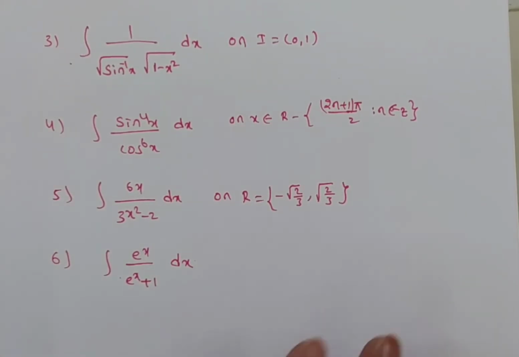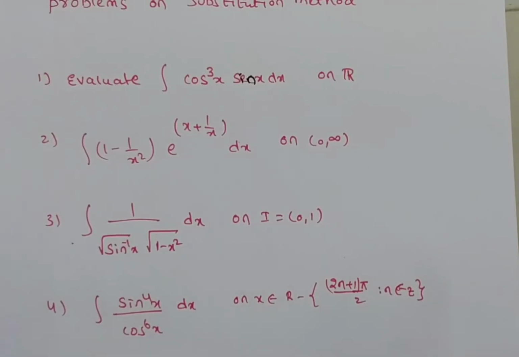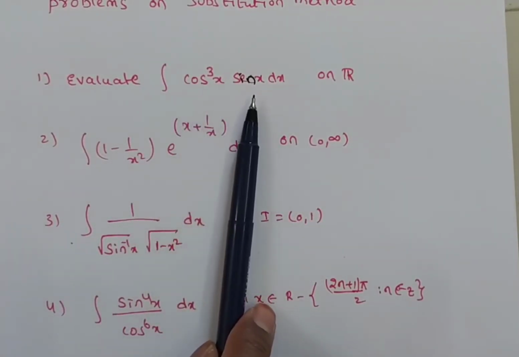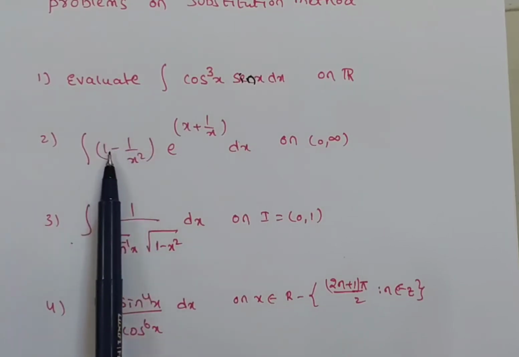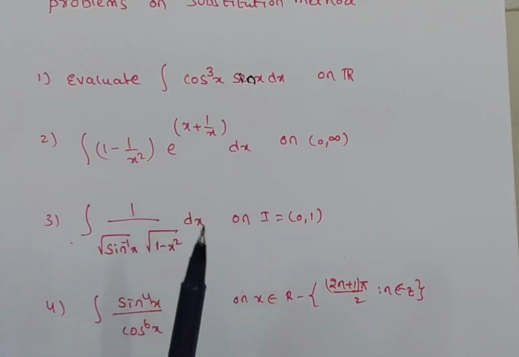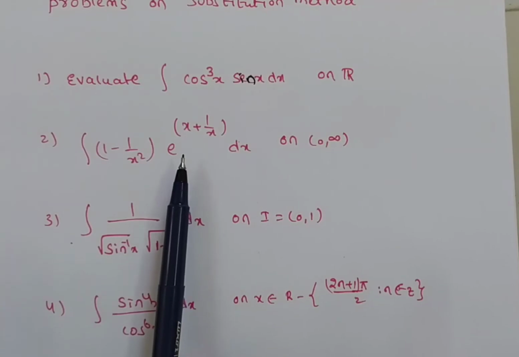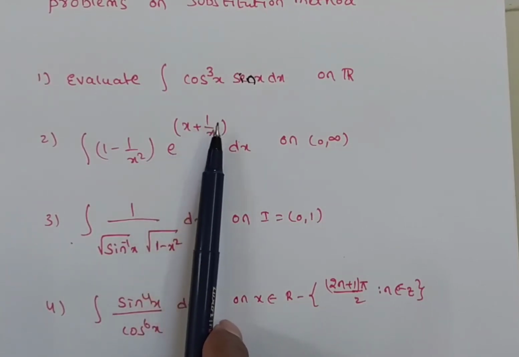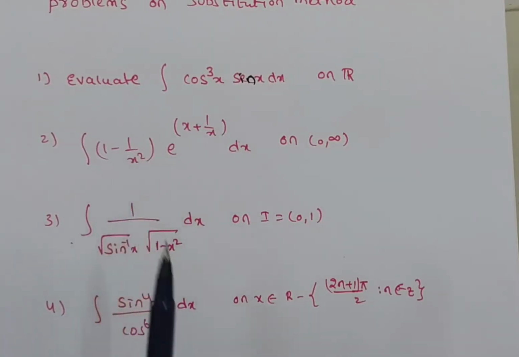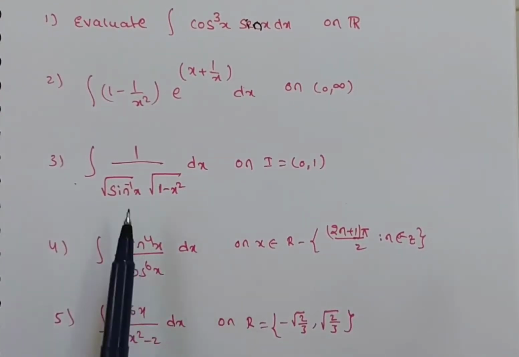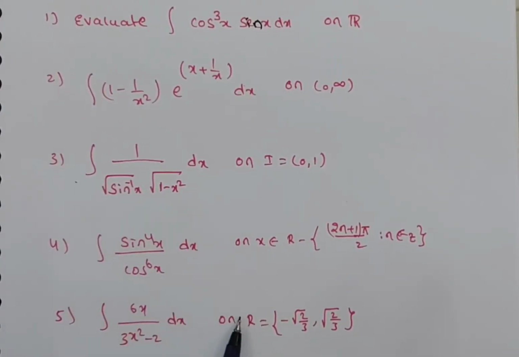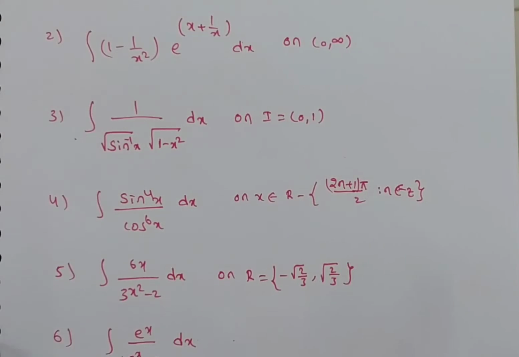Friends, you observe, if only cos x or only sin x is given, we can do the integration. But this is the product of two functions. And if you have only 1 minus x square or only e power bracket, then we can do it. But here the product of two functions is there. Something e power bracket is there and on one side you have one more bracket also. And you see this is sin inverse x and root of. So here there is some combination. You are feeling it is complicated.